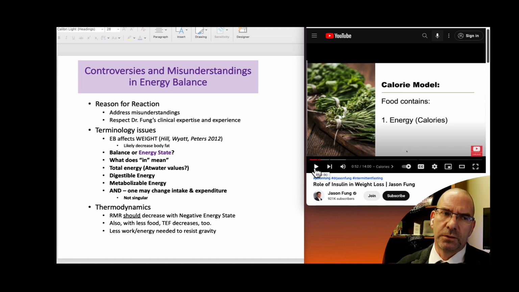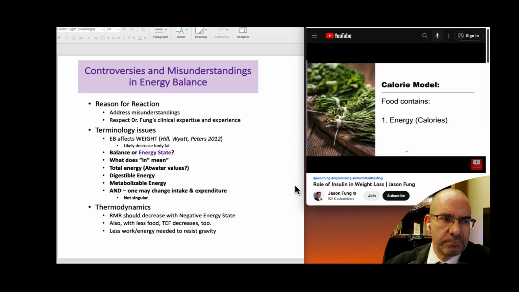So I'll add right here too, at least from my perspective as an energy balance, metabolic, nutrition, exercise physiology, whatever you want to label me as, scientist, I view food as more than just energy and calories, because the micronutrient content and the essential nutrients can affect intake, and so you have to take those into account.